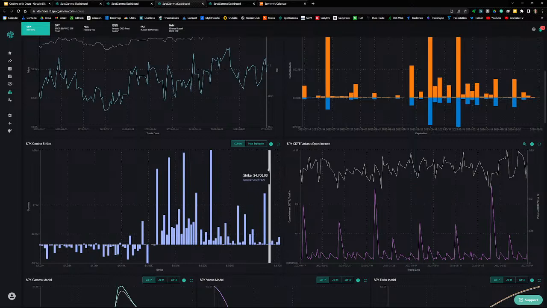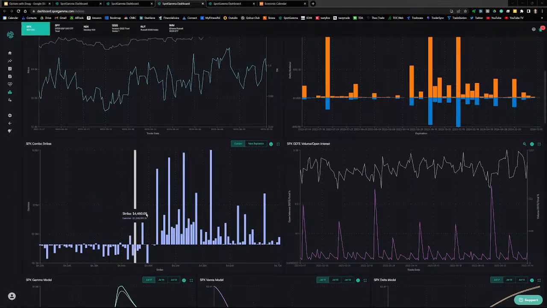All right, so it's a little bit easier to see on this combo strikes chart. So we know that the volatility trigger is at 4470. So that's right around here where I'm holding my cursor. So note, and I'll point to that line, right around here is the volatility trigger. Let me just check and make sure I've got that. All right, so it's right around there again.